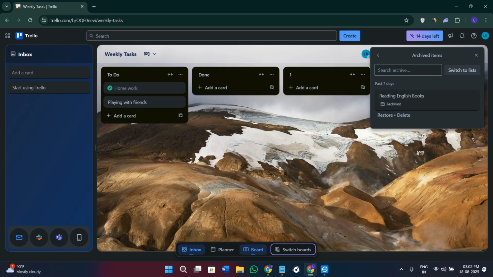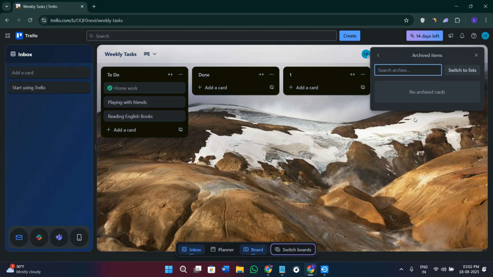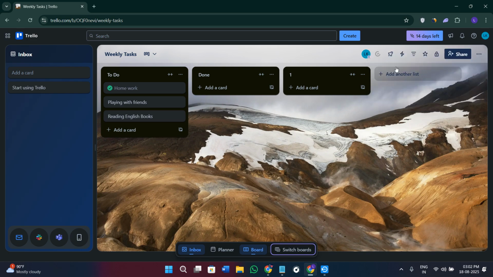So since we want to get it back in our list, simply click on the option of restore. Then it is going to show you like your cart is empty or it will be gone from here too. Now within a few seconds you will notice that that particular cart or that particular list is available here